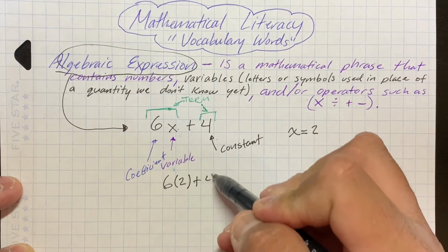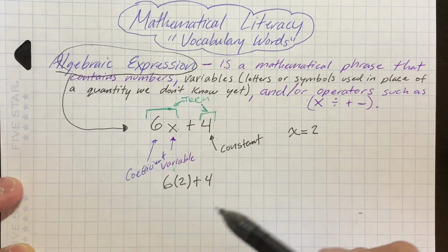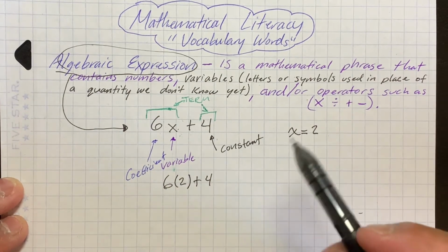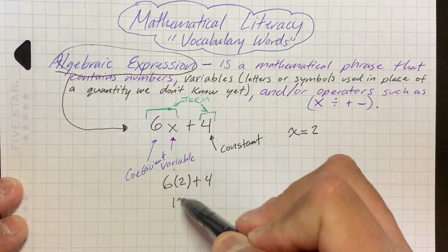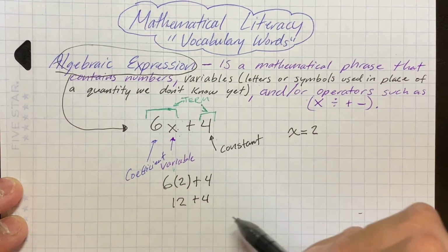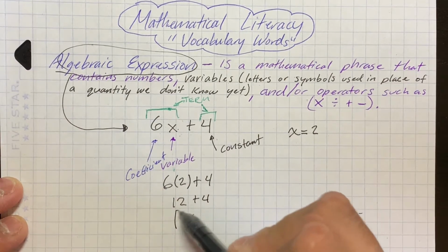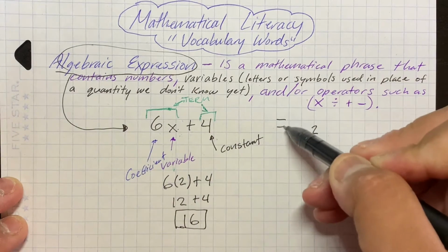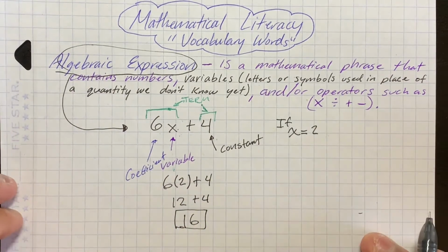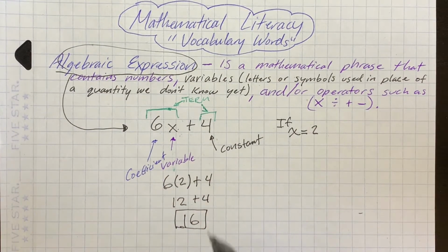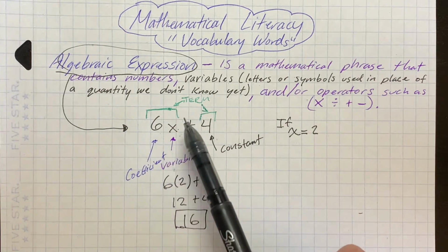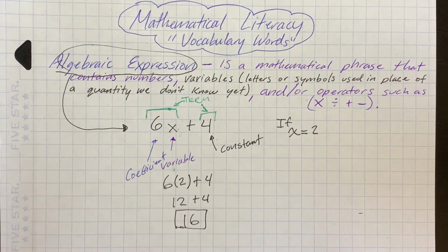Okay, and rewrite that. And again, using the order of operations, you multiply first. 6 times 2 is 12, plus 4 is going to be 16. Okay, that is if x equals 2. All right, again, whenever you have a coefficient with a variable, the operation that you do there is always going